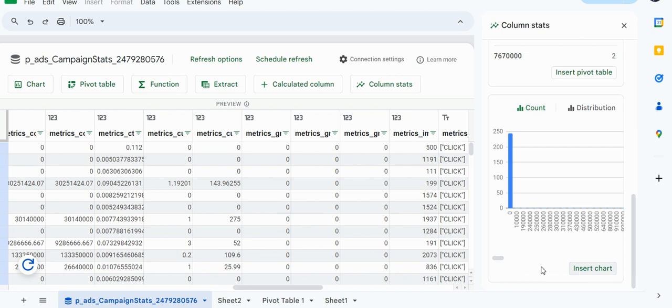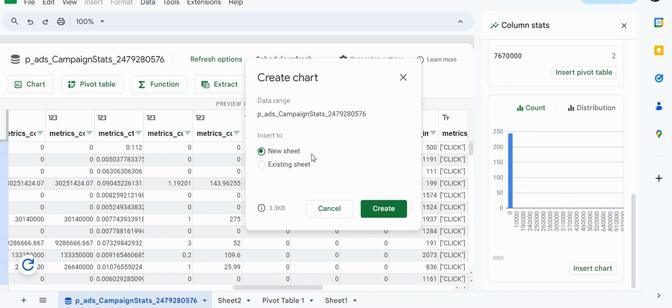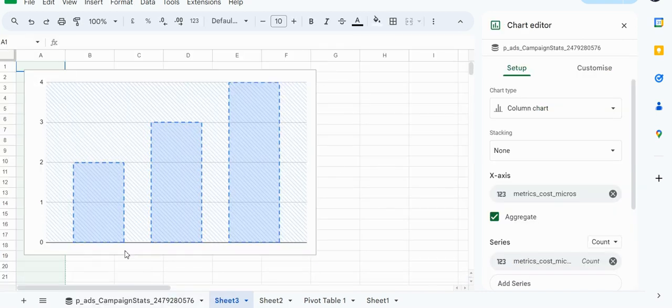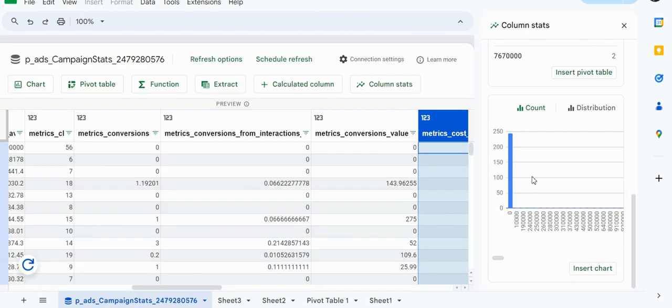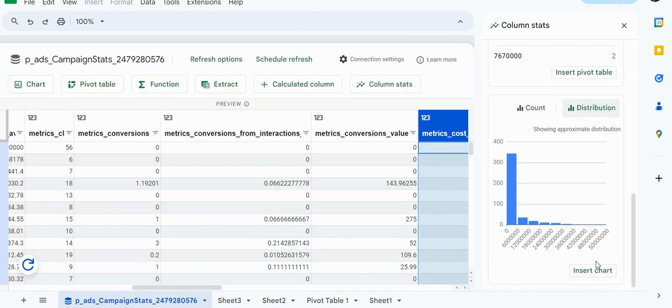So we can actually insert this chart into a separate sheet. If I just click on this one, it's going to prompt you to create a new sheet, and you can insert this chart straight away. And if I jump into distribution, for instance, you'll see it's somewhat different because you obviously